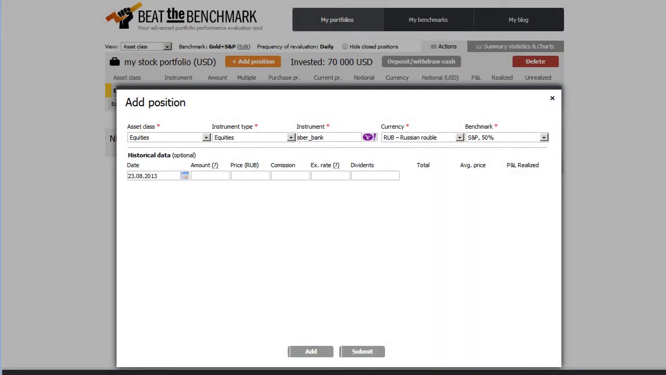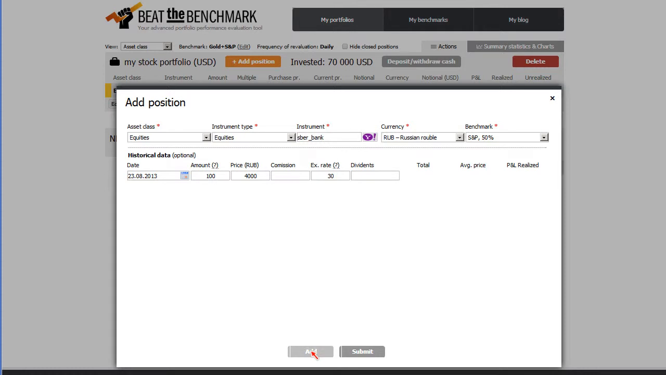Let's assume we buy 100 Sberbank shares at 4,000 rubles per share for a total cost of 400,000 rubles. We need to tell the system at what exchange rate we bought the 100 Sberbank shares. Let's assume that we purchased 100 shares at 4,000 rubles per share at an exchange rate of 30 rubles per